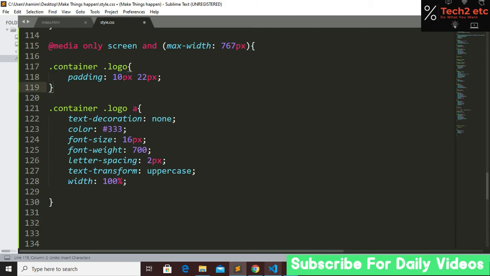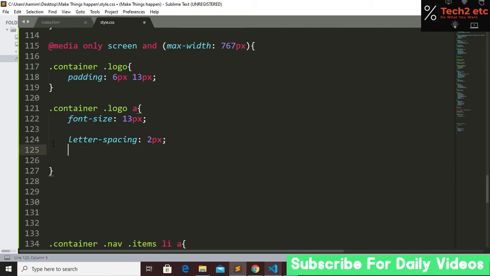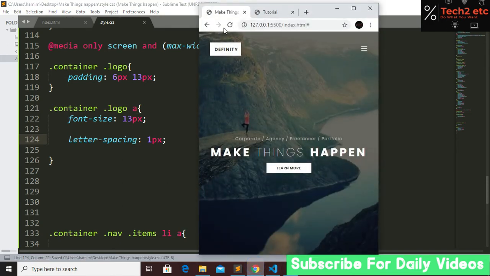So let's change the padding from top and bottom. This will be 6 and this will be 13, and I don't want this to change. Font size will be 13 pixel also. I don't want this thing also, and the letter spacing will be 1 pixel. That's it. If we now save and refresh,